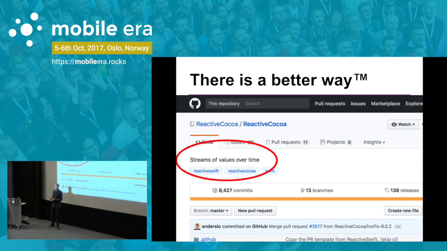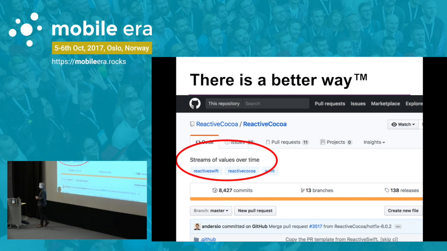I'm a really big fan of, has anyone seen the Kickstarter open source app? 1, 2, maybe 3. So I think that's a really cool code base, and they do a lot of stuff really neatly. That was maybe half a year ago. I just saw that, and okay, they are doing reactive cocoa. It's a buzzword that is thrown around on different conferences.